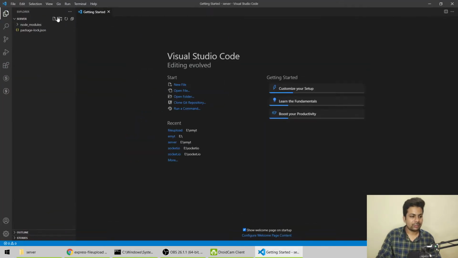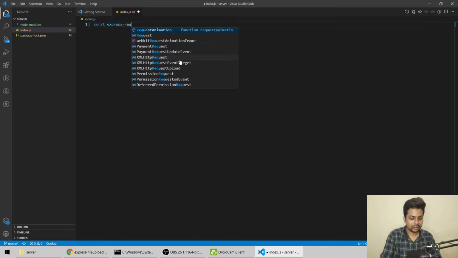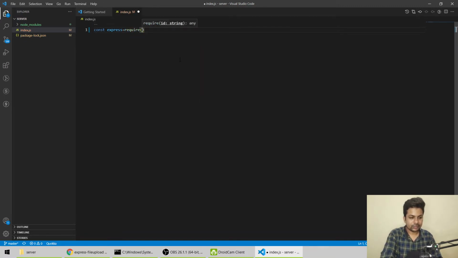Now I'll make a new file called index.js. Let's start. We'll do const express equals require express.